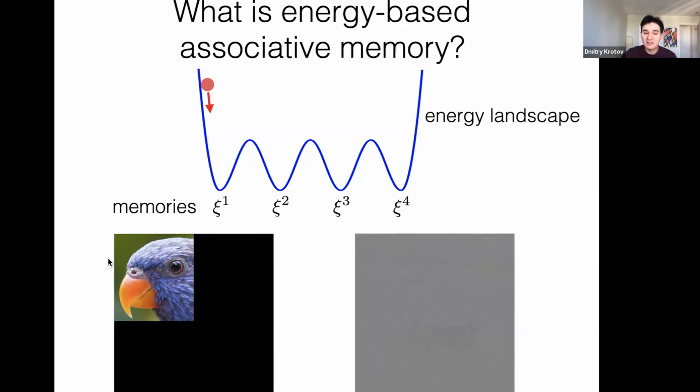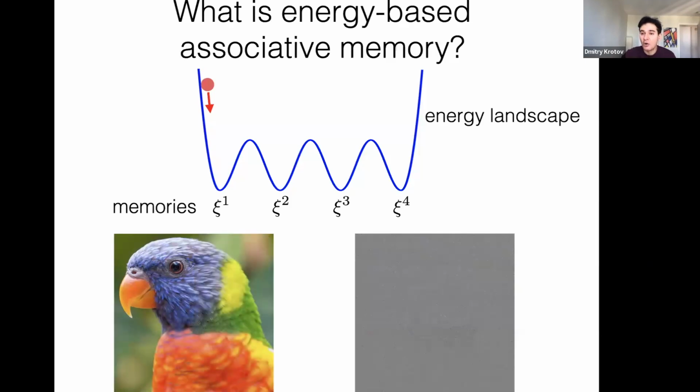If I let this network do the computation, hopefully you will see that as the dynamics of this red ball proceeds in time, as the red ball rolls down the energy landscape, the neural network manages to recover the missing parts of that image and reconstruct a nice image of the bird. And that's what we call memory retrieval. The whole bird serves as a memory, and the initial beak of the bird serves as the initial state or a cue, sometimes called a prompt. Then the neural network retrieves the whole pattern from its synaptic weights.